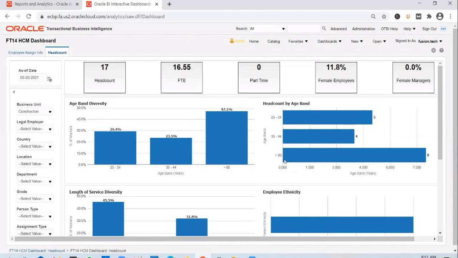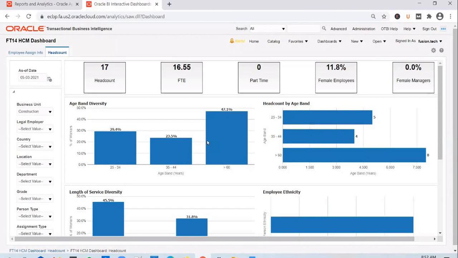Prasad, is there any way to copy the entire dashboard? Yeah, you can copy the entire dashboard as well. We have dragged and dropped one page, right? But you can create a new dashboard and copy that entire dashboard onto it. So all the pages get copied, and you can change the bits that you want. Okay, thanks.